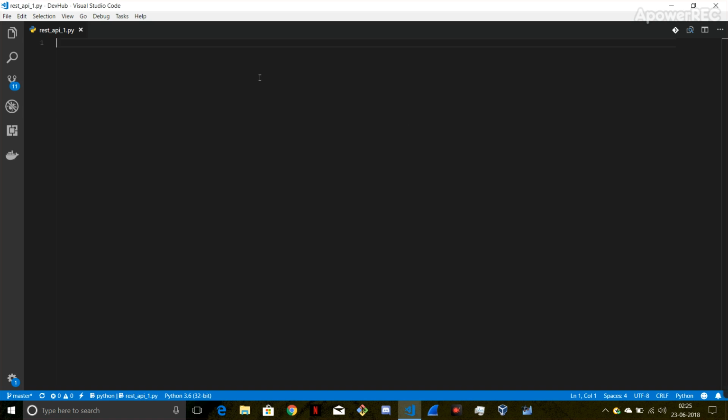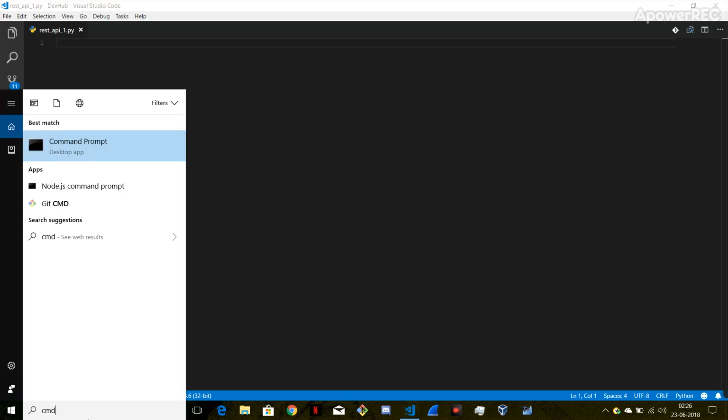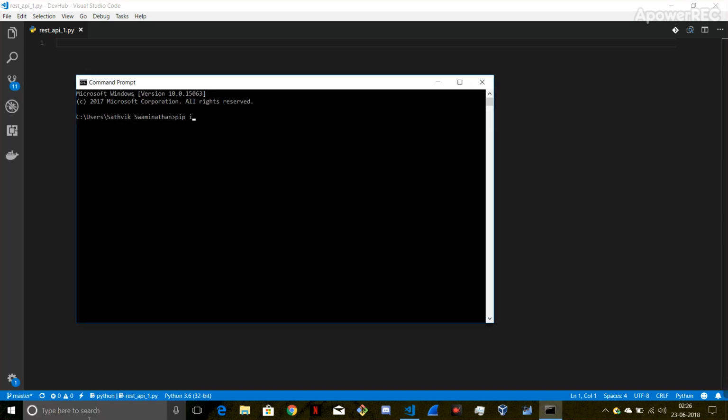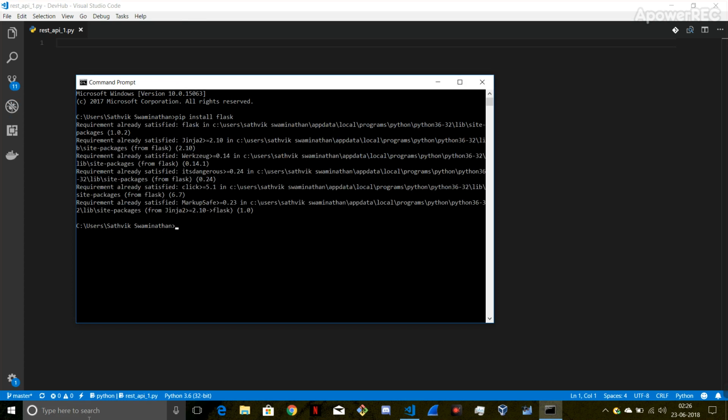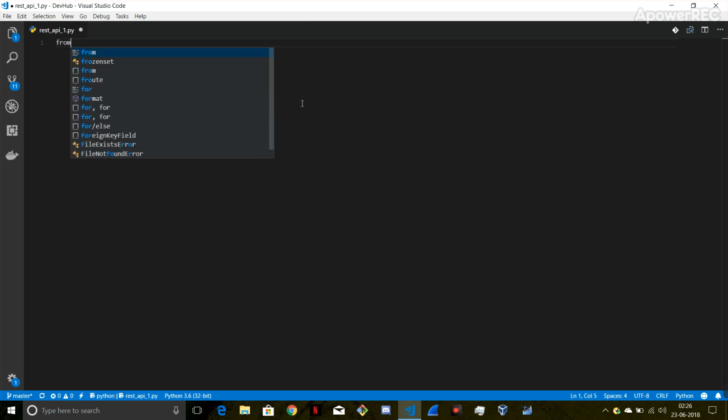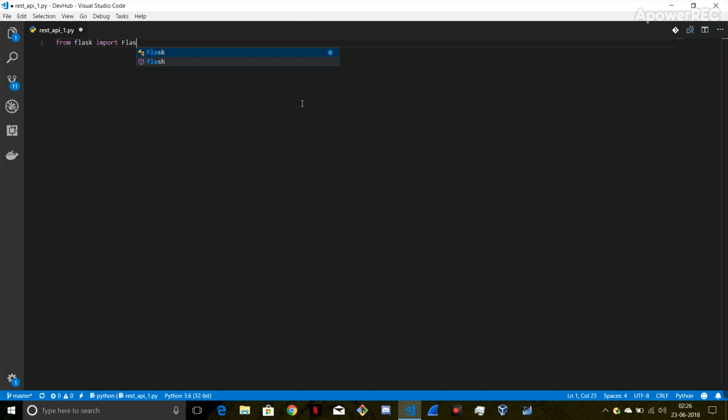So first, to start coding your RESTful API, you must have Flask installed on your computer. If you don't have it installed, just open the command prompt and type pip install Flask. And once you've installed Flask, you need to import those modules. So from Flask, import Flask, and since you're creating a RESTful API, you must also import jsonify,